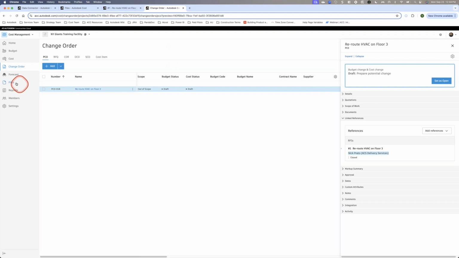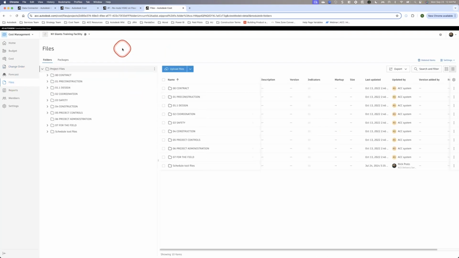Another important workflow or connection that's really valuable for customers is, because Files is an exact mirror image of what you see in Build and Docs and in cost management, one great feature is our ability to have the system automatically store all of your cost management information in a single place within Files. So when I worked in the field, or if any of you guys worked in the field, you've probably spent hours and hours and hours in the past